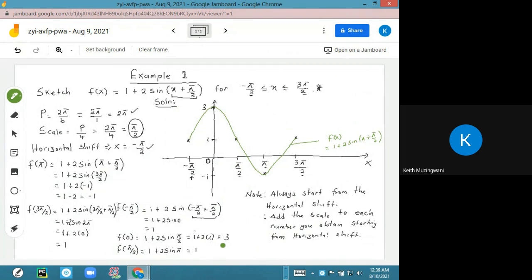So this is example 1. We'll clear out some more doubts in example 2. So before we clear out,